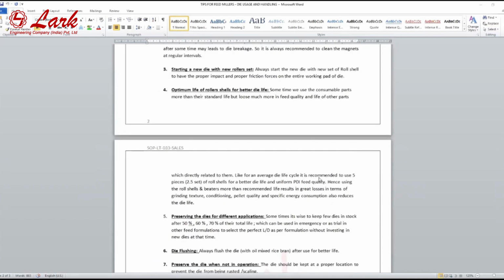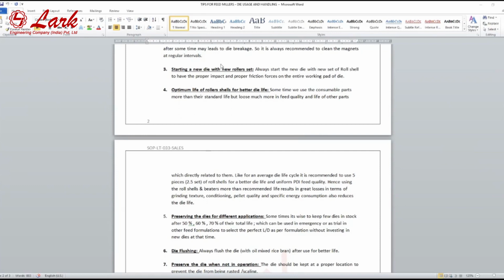हमको एक डाई में 2 या 3 सेट रोल शेल यूज करते हैं तो हमारी डाई लाइफ बढ़ती है, because जब रोल शेल पहले ही वर्न आउट हो चुका है, वो डाई को उतनी जल्दी वियरिंग नहीं करता। एक वर्न रोल शेल हमें कटिंग लेंथ, गैप एडजस्टमेंट और डाई में जो ग्रूव्स होते हैं उसमें परफॉर्मेंस में एक रोल उसका काफी है। तो जैसे जैसे हम रोल शेल की लाइफ लेते हैं,